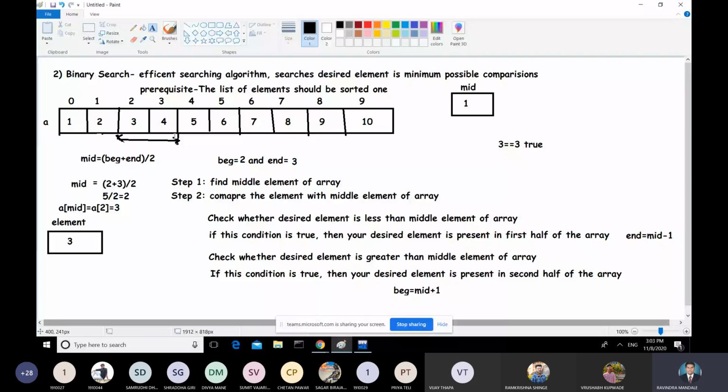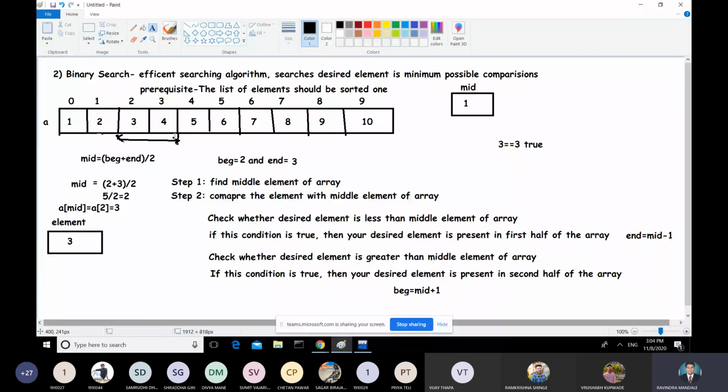If you want to search 10, how many comparisons will you require using binary search? First step: beginning will be 0, end will be 9. Find the middle. Middle will be 5.